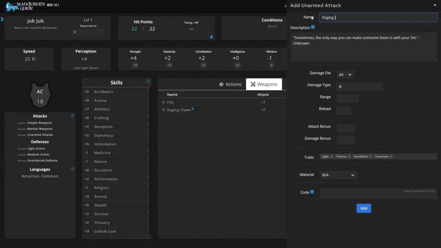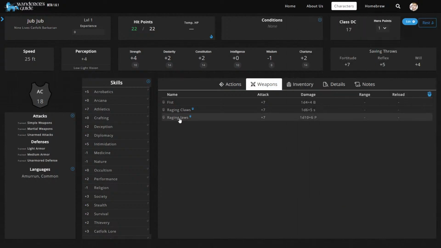Next attack we're going to add is the Raging Teeth. It was Jaws, wasn't it? Now this one is a 1d12. It was piercing damage. Its attack bonus, because we'll be using it in rage, will be 2, because it doesn't have the Agile or the Finesse or the non-lethal. It is only unarmed. And what are we going to call this? Must bite. Ooh, must bite harder. And we can add that. So we have a Raging Jaws